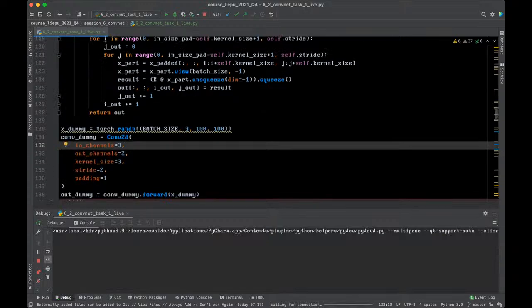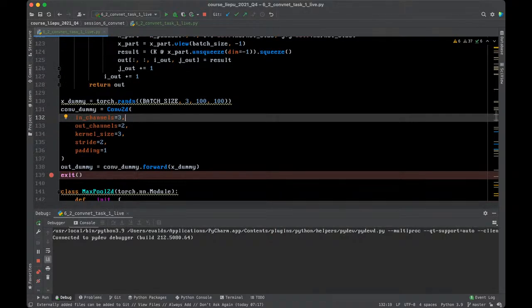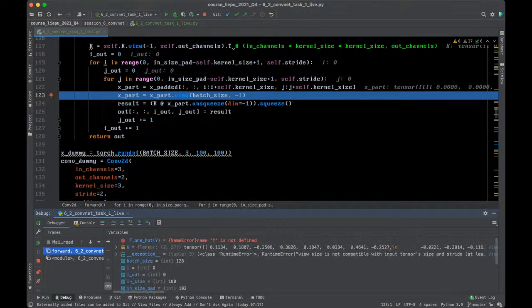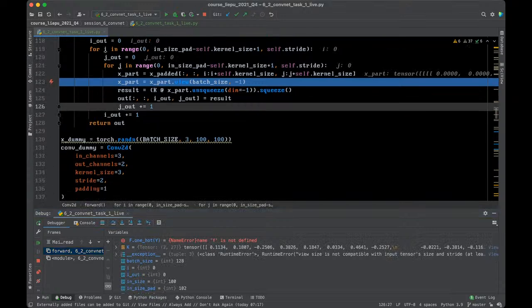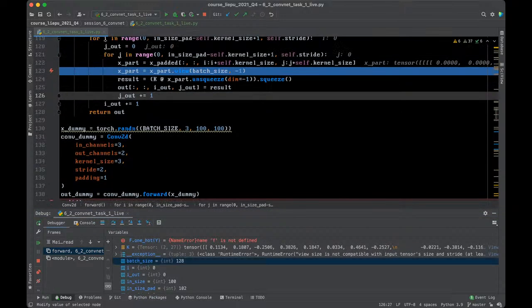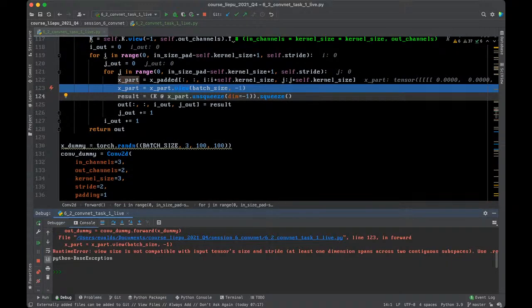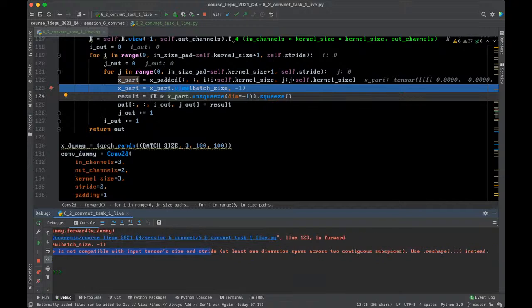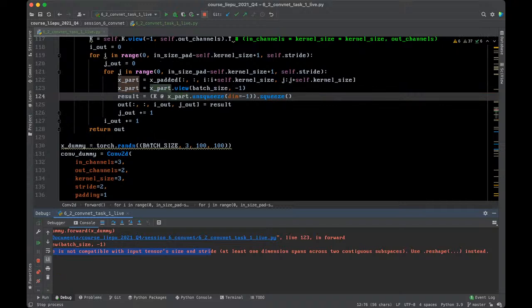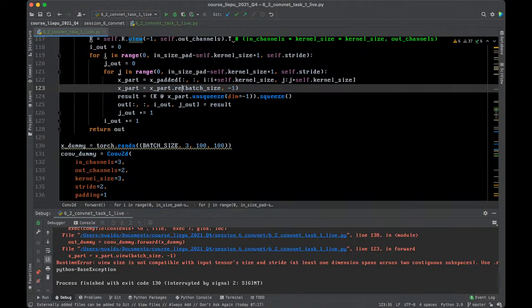So yes, it did not work. So there's some small mistake, I guess. Let me check. The reshape function. View size is not compatible with tensor's size and stride. Use reshape instead. Okay, sorry. There is one reason why sometimes you need to use not view but reshape. So please change it from view to reshape,